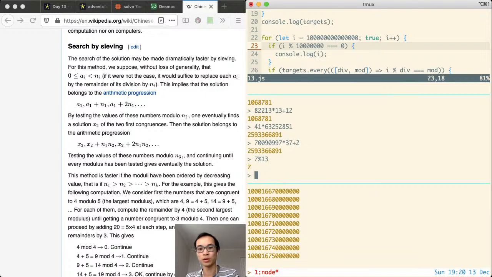And then 14 mod 13, 21 mod 13, and so on. I should find 12 at some point. 28 mod 13. Yep, so if I keep going, I think I won't find 12 until I get to,